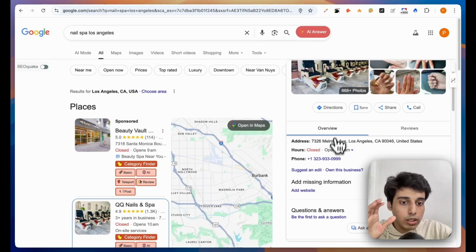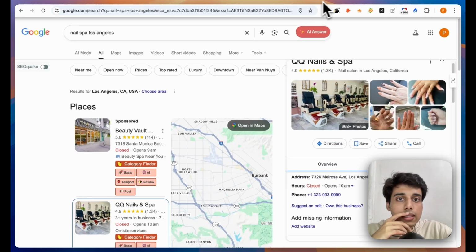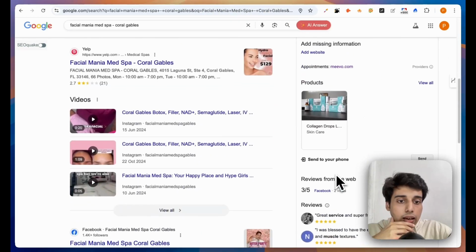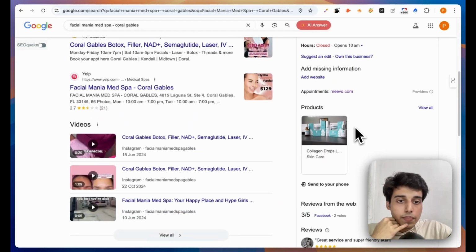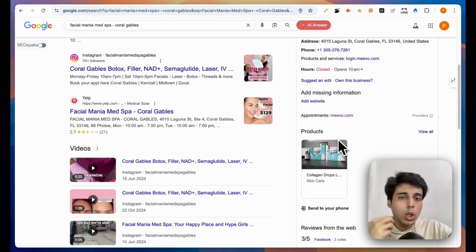So if we talk about this med spa or this nail paint, okay, not this listing, maybe some other listing, let's say this one, yeah. So you can see they are repurposing their services and they are selling products like skincare collagen drops. Or even if you're not selling any tangible products, maybe you can offer or list down 24/7 support, or something like maybe an inspection and audit for free, something like that